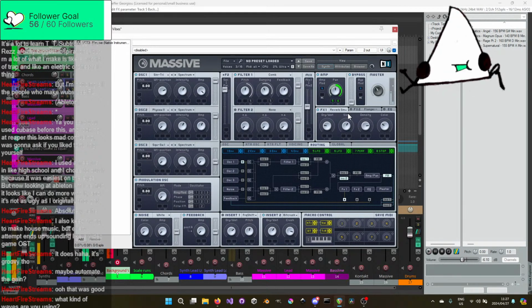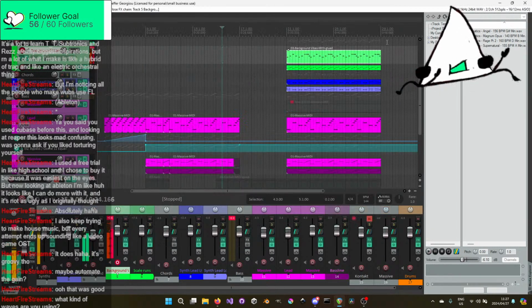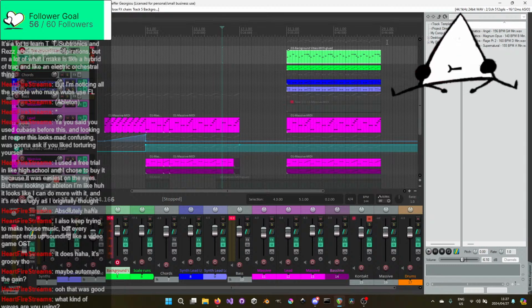I'm not using the synth at any point at the moment. I'm just trying to see if I can use it as a nice little synthy bit. Because for the waves, I don't have any technical approach for how I use them.